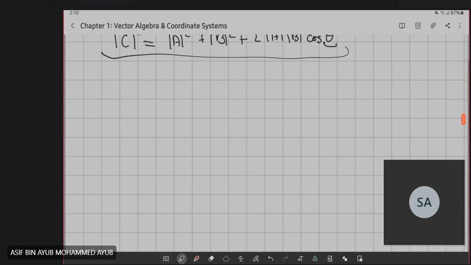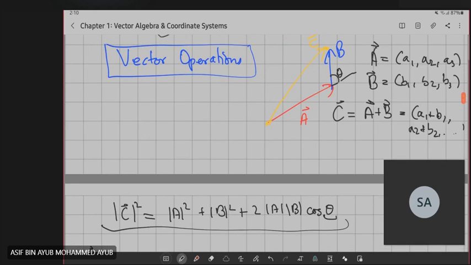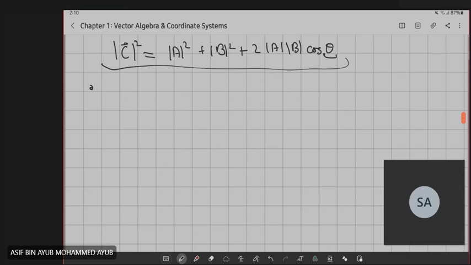And now, how do you find the direction of C? What's the angle here? Let's say this is gamma. Because a vector, as you've seen before, has a magnitude and a direction. How do you find the direction here? Okay, this is given by something called the sine law. If you have a triangle ABC,